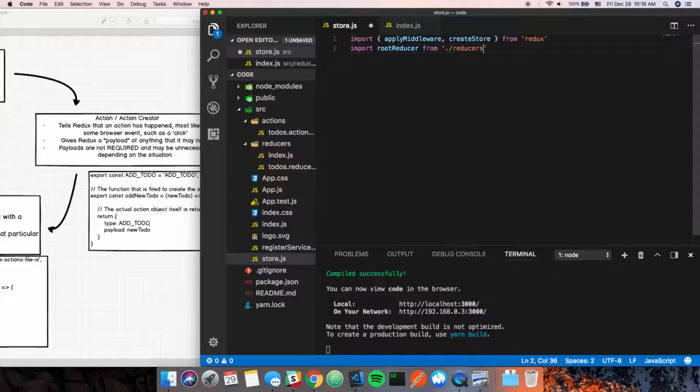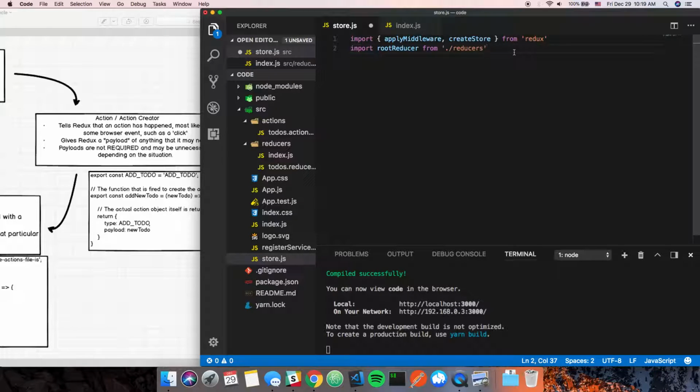/reducers. And we can do /reducers because if you have an index.js or an index.whatever, you know how if you serve a particular directory on the server and it has an index.html file, you don't have to serve that file in particular, if that makes any sense. The same premise goes for JavaScript files. So if you have an index.js and you import it from /reducers, it's essentially saying /index, and that'll just run it that way. Anyway,